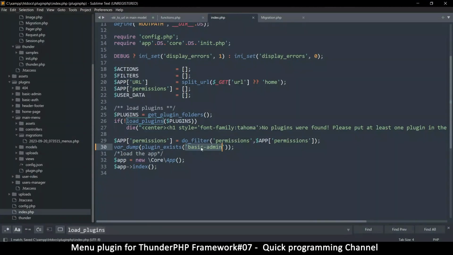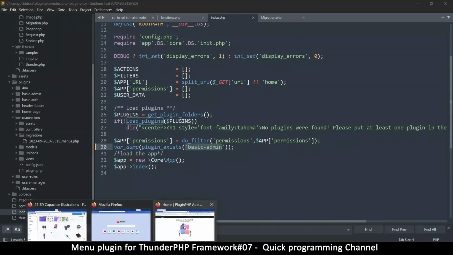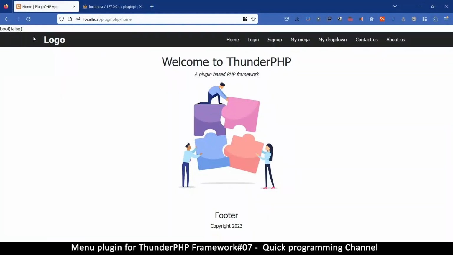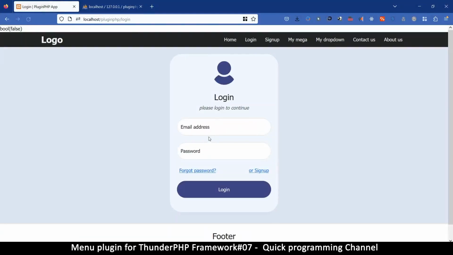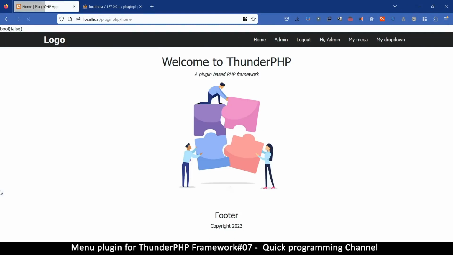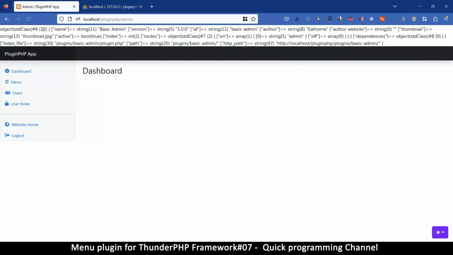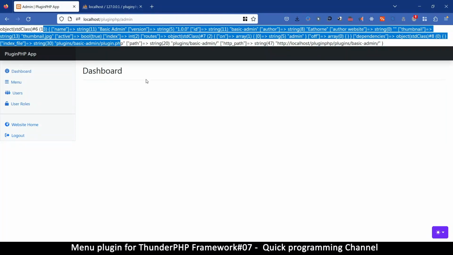Now check this out. If I ask for basic admin here, essentially it does not exist. But if I do happen to log in here, let's say email, and then password, and let me go to the admin page. You see that now it actually tells me it exists. And the reason is that it only checks if a